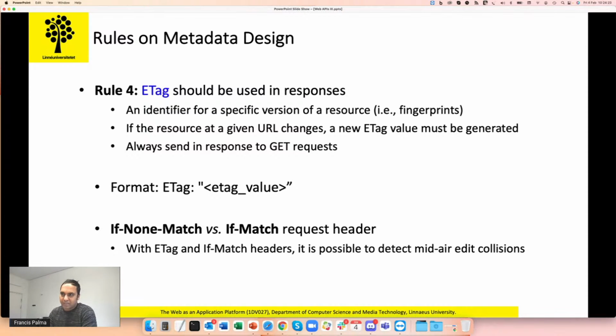Basically, the e-tag value that the client has stored in their local machine or in their caching, if the content doesn't match and the e-tag matches, that means there was a mid-air collision. So the client can use this e-tag to identify such security